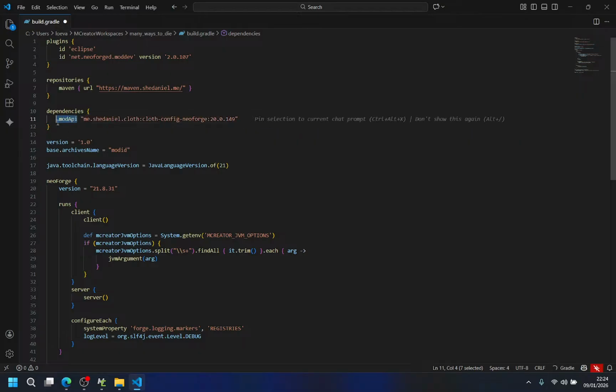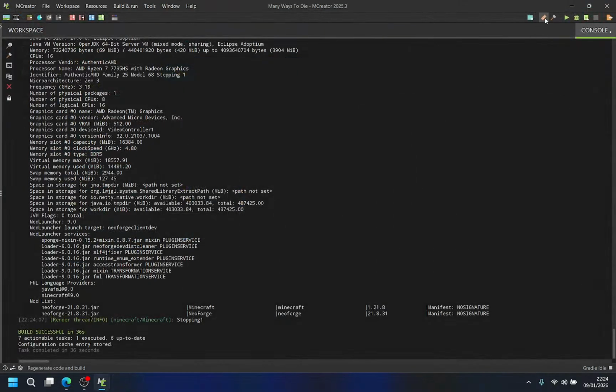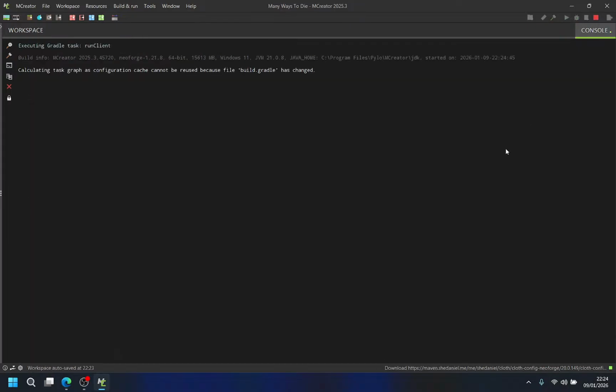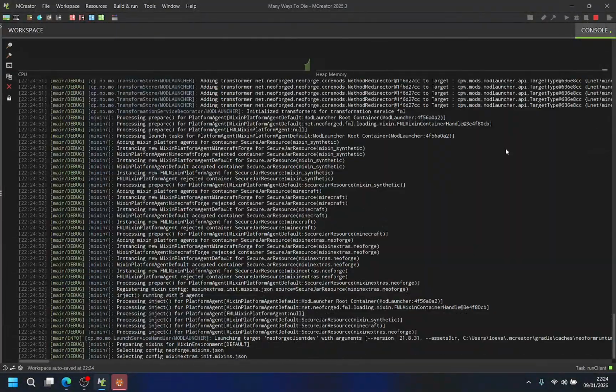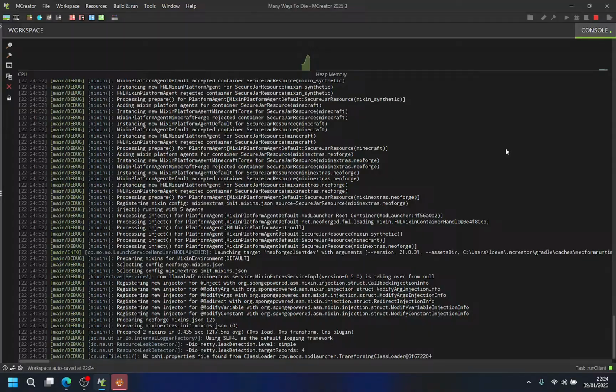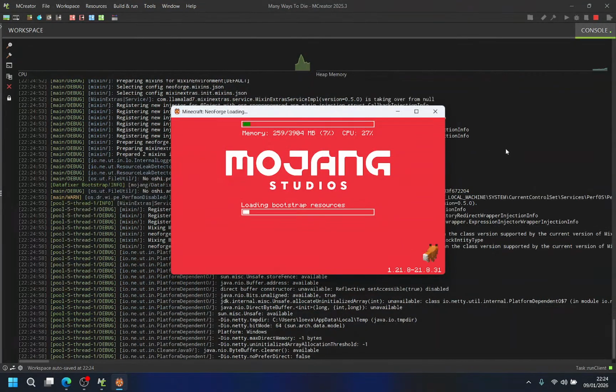We replace mod API by implementation, and yes, that's it. Unless it unexpectedly just decides to crash as well, like it's possible. That it just doesn't want to run, and it's crazy. Like, mod developing is so bad.